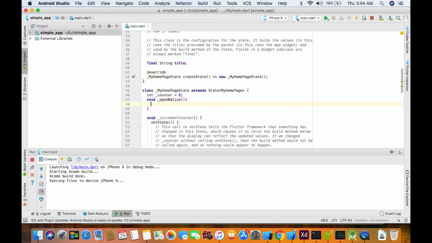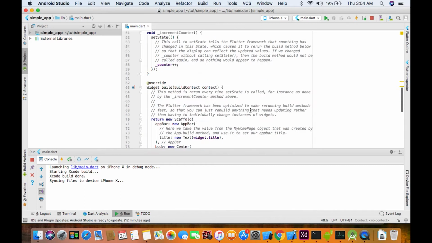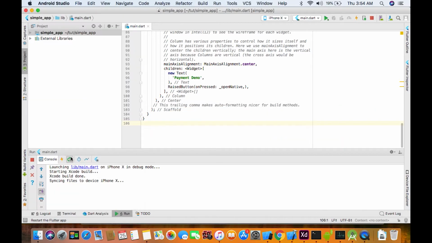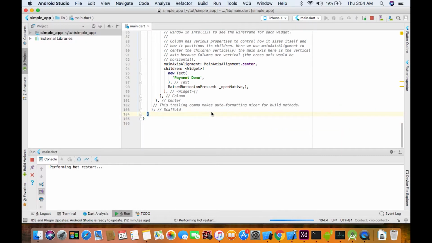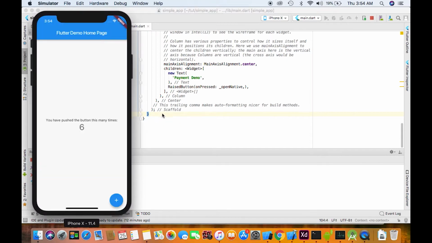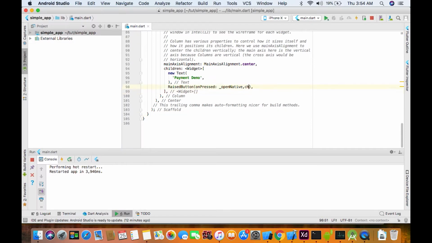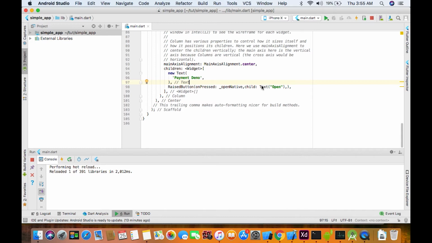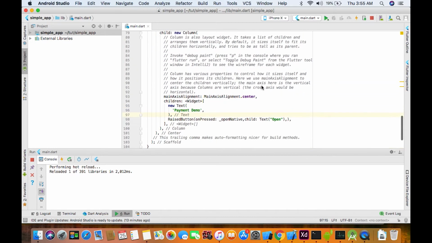Now, if you look at the hot reload, I'll give a child also. Open. So that's super fast in Flutter. This is all just basic things.